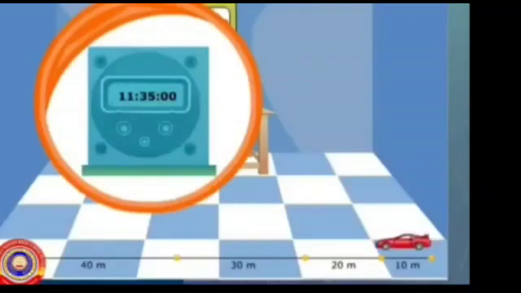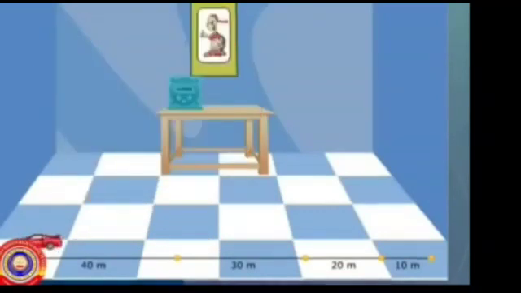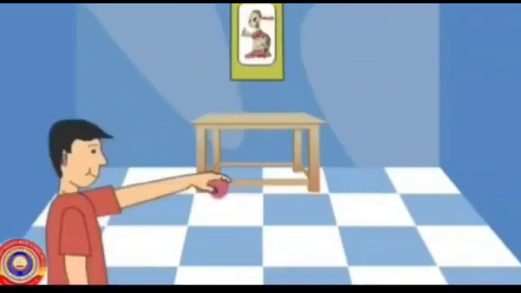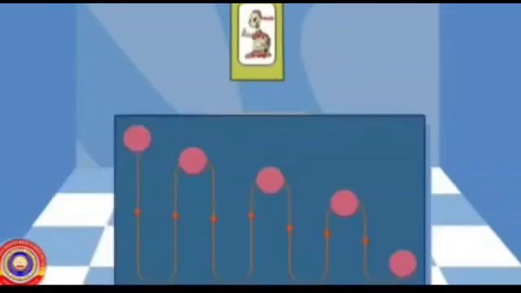Look at this figure. In the first second, the car travels 10 meters. But the motion of the car is not uniform in the following intervals of time. So we say the motion of the car is not uniform. Look at this, a rubber ball is thrown up from the ground. Here the ball covers unequal distance in equal interval of time, that is, it has non-uniform speed.